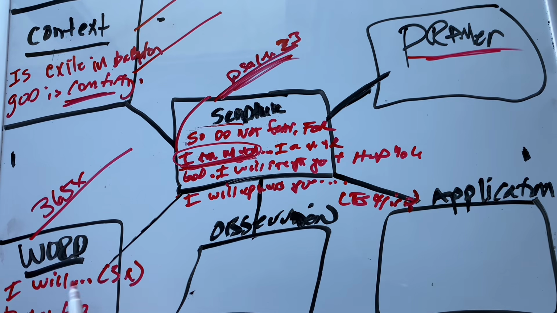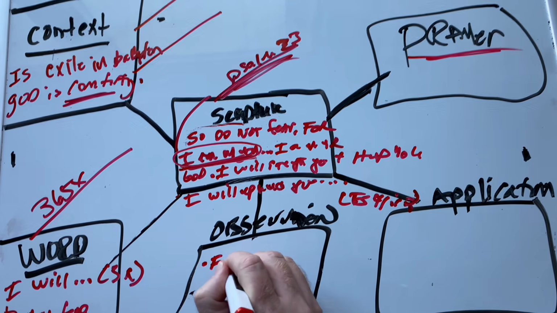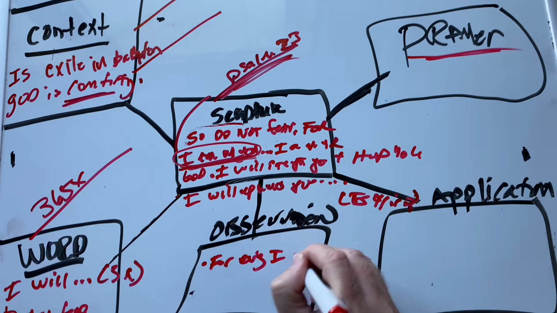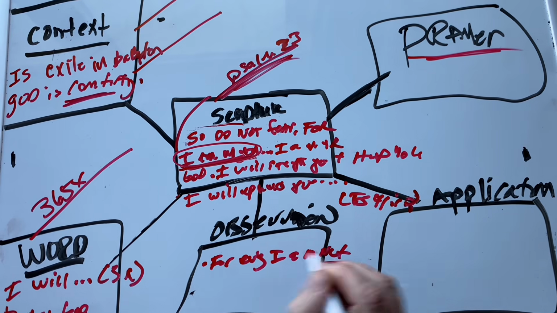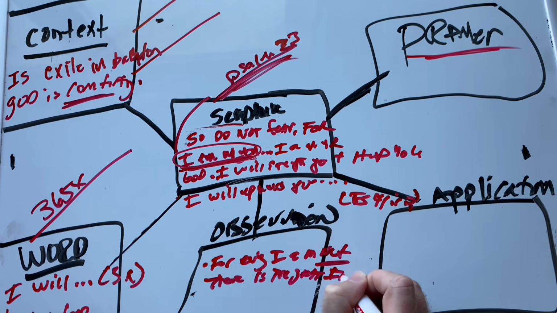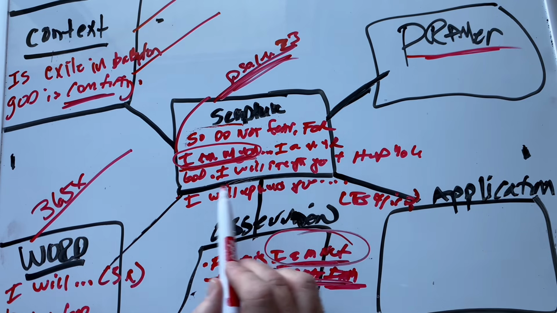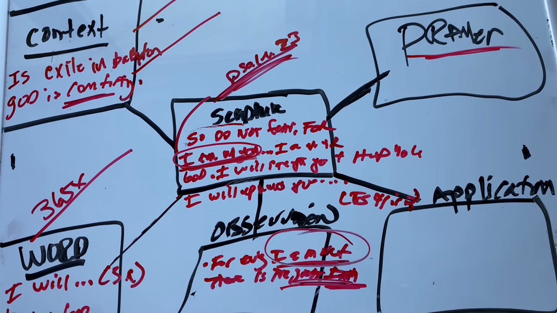All right, so now we're jumping to the observation, and one of the things that I observed or just thought about is this quote: for every I am not, there's the great I am. Now, I did not make that up, but I remember coming across it. And maybe today you feel like you're not up for whatever is in front of you. Maybe that challenge, that financial struggle, I am not. But remember, there's the great I am. He's with you. I'll never leave you nor forsake you.